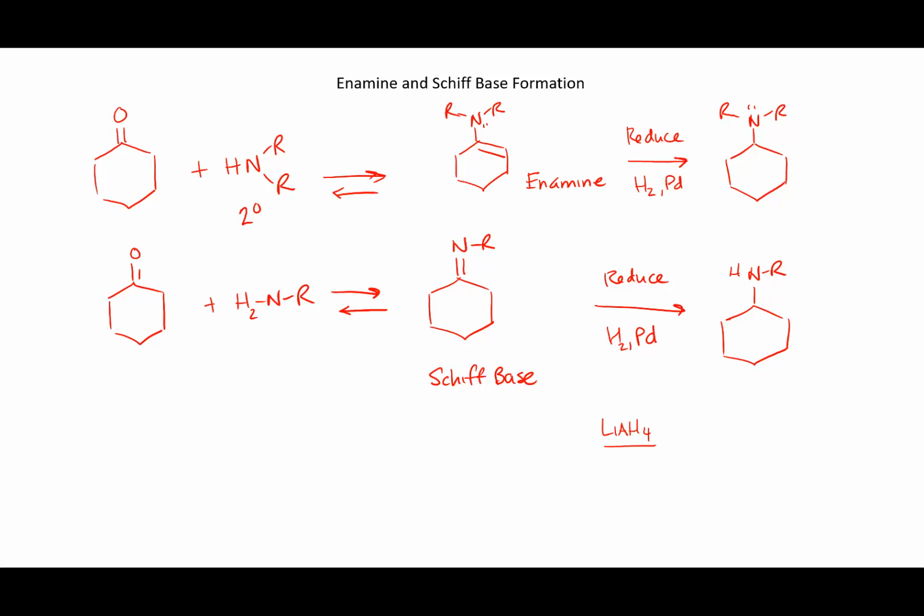Okay, in the last video, we looked at the review reactions of forming enamines and Schiff bases. So we took the secondary amine, reacted it with a ketone to make the enamine, and we took the primary amine and reacted it with a ketone to form the Schiff base,